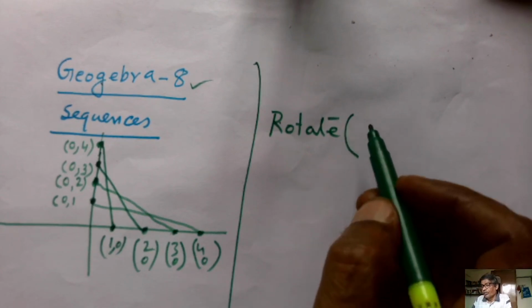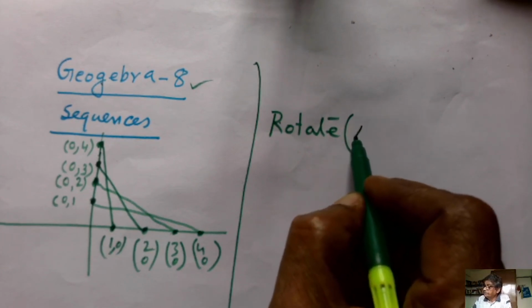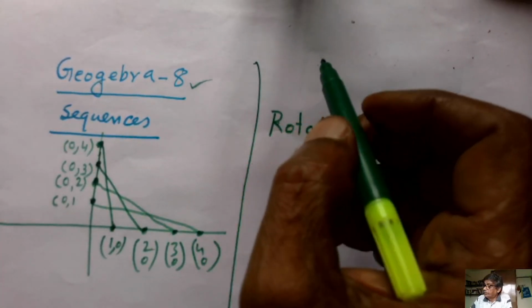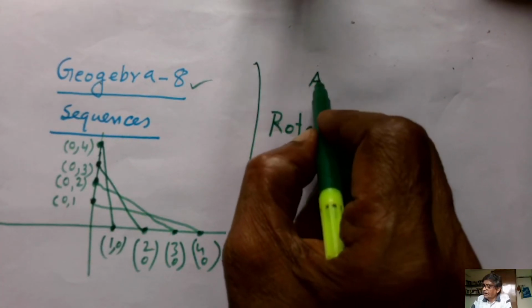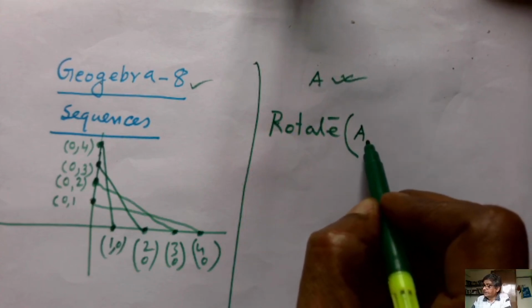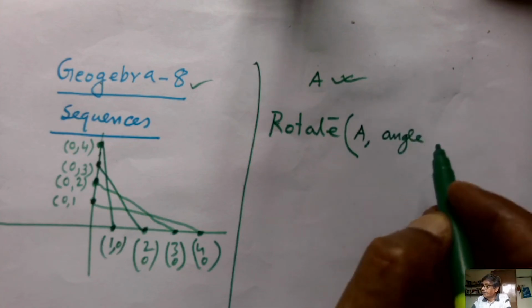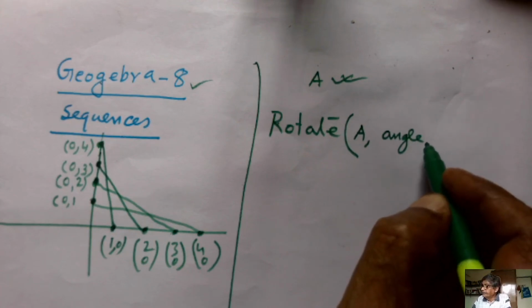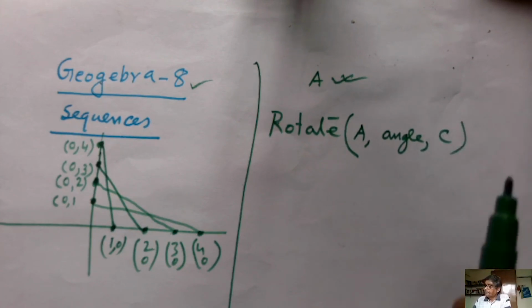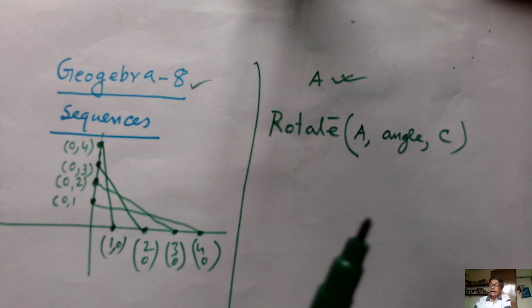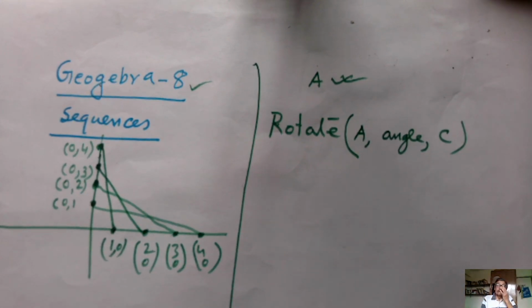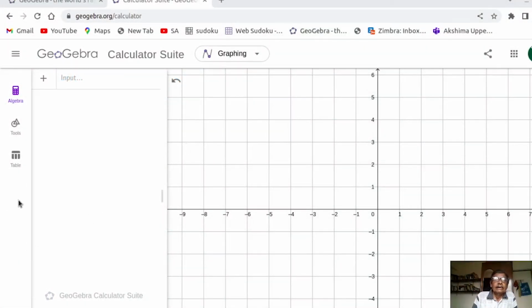You take any object, for example a point, and the coordinate of the point has been defined earlier here. Rotate point A by some angle that I will supply, about a point, say C. It means that, let us go to the working table and explain it in a much better way. So the rotate command is very interesting, and we